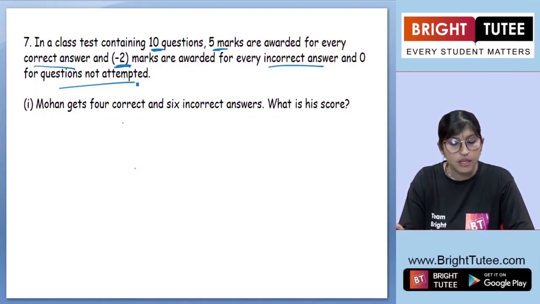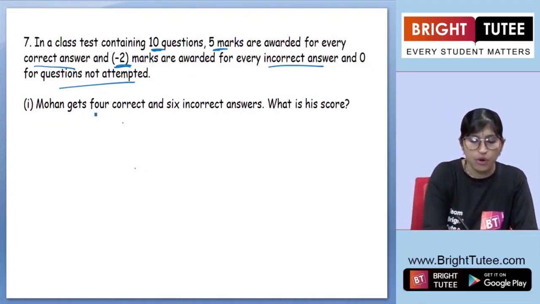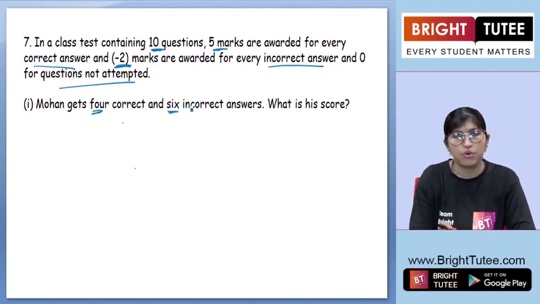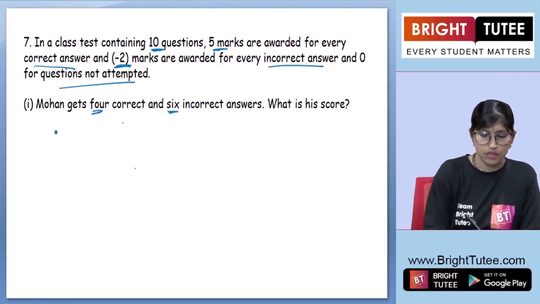Now the first part says Mohan gets 4 correct and 6 incorrect answers. So what is his score? Now, 4 correct and 6 incorrect means the total is 10. So that means he has attempted all the questions. So now, marks